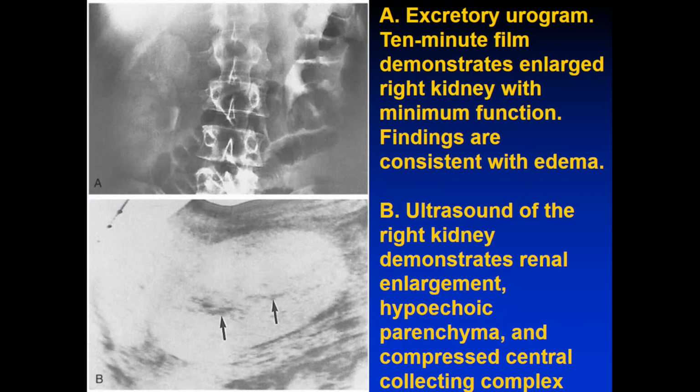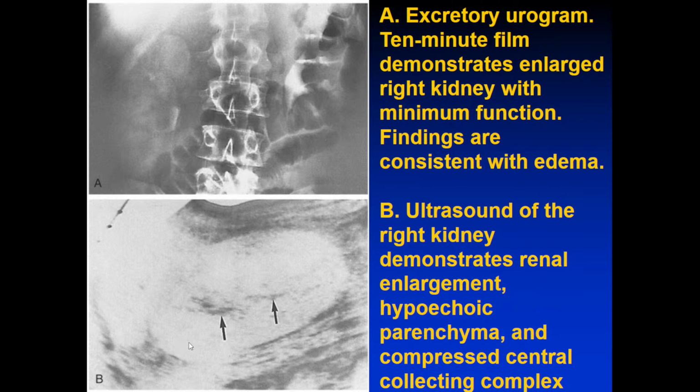The next one, excretory urogram. 10-minute film, it demonstrates enlarged right kidney with minimum function, and these findings are consistent with edema. And the next was the ultrasound of the same kidney. It demonstrates the enlargement of kidney